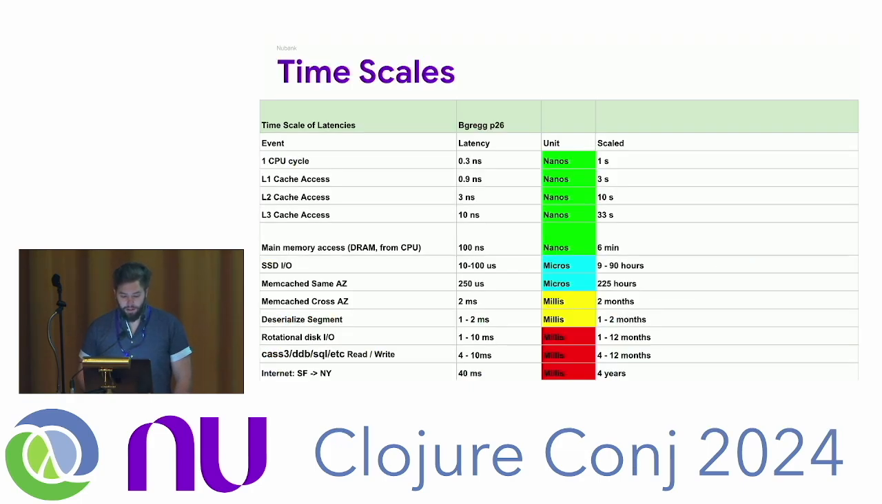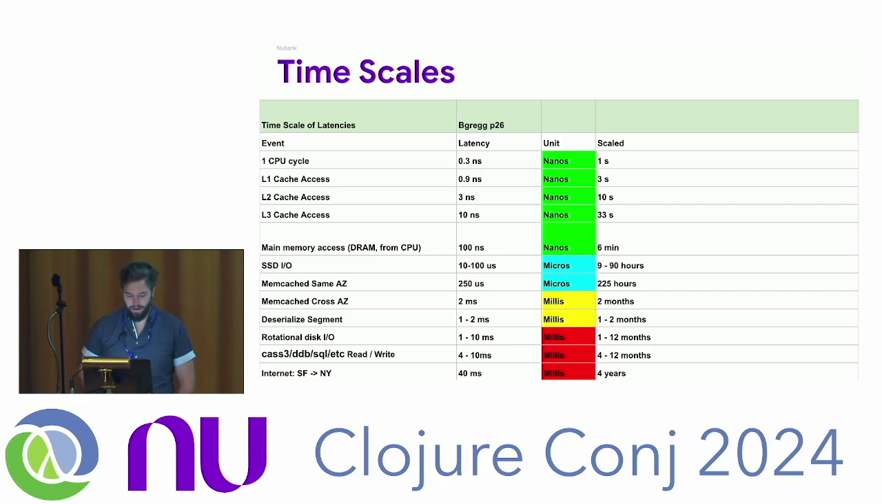I'm going to quickly look at some timescales to remind everybody about just how fast nanos, millis, and micros are. This is taken right out of page 26 of System Performance, and it's scaled to 1 second. So one CPU cycle is 1 second. L1, L2, L3 is lightning fast. Main memory jumps from